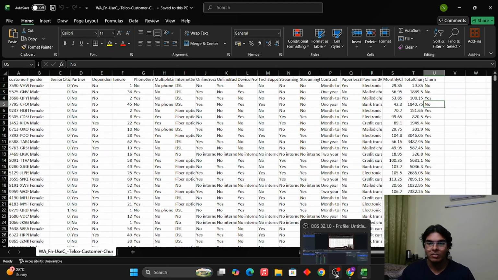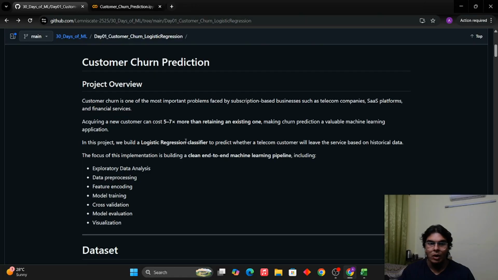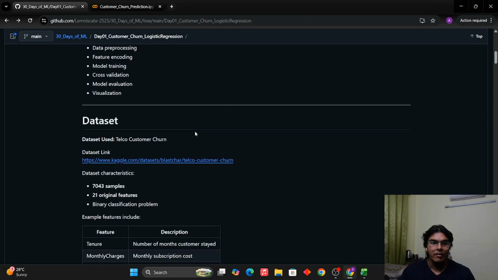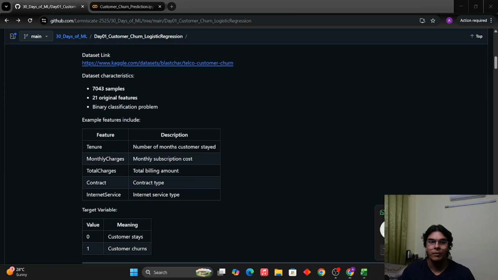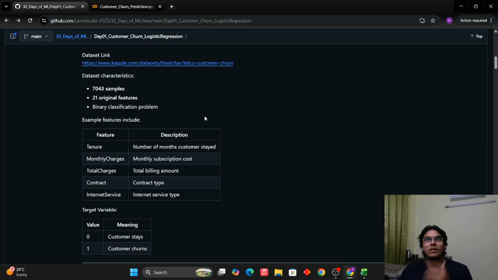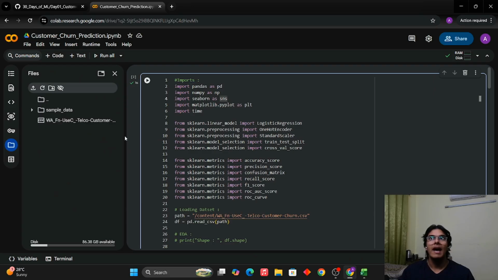If we want to get into the specifics, I have included this right here. We have got the dataset right here, the Telco customer dataset, and this is the shape of the dataset, 7,053 samples. Of course, no one can go through it manually, which is why our approach is pretty simple: to have an EDA pipeline, an exploratory data analysis pipeline, which brings me eventually to the code.